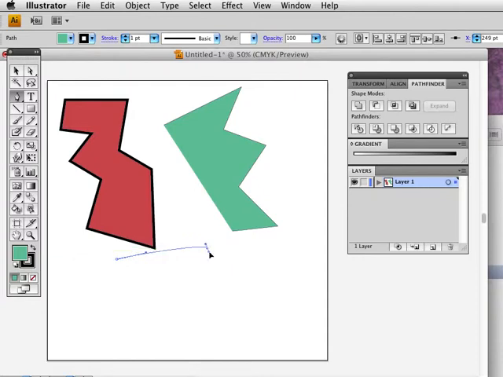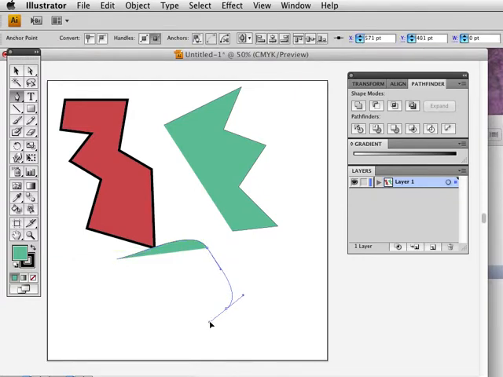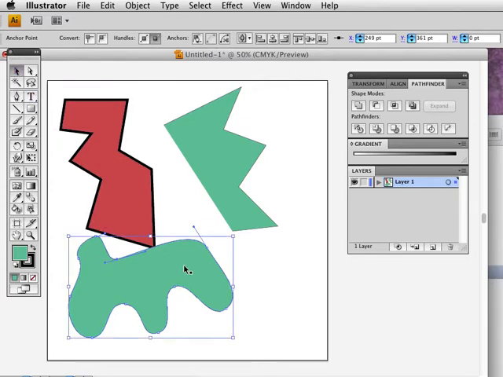And what that's going to do, if I click and hold and drag before I release, that's going to allow me to create curves. Alright, so I create this shape,